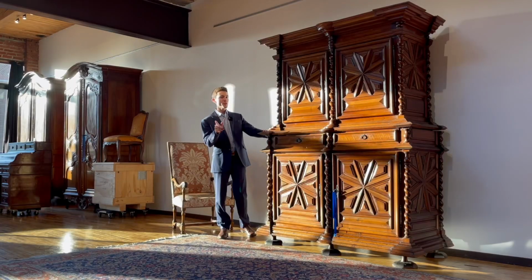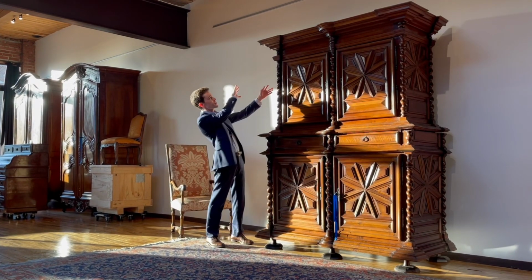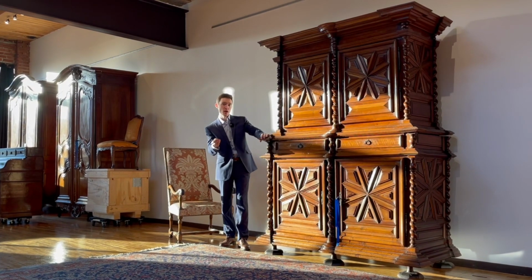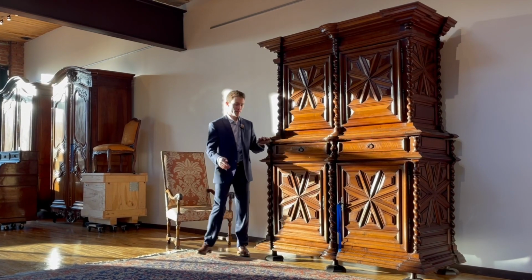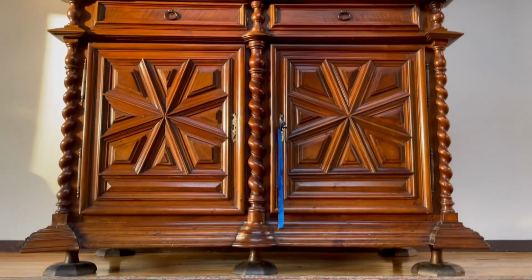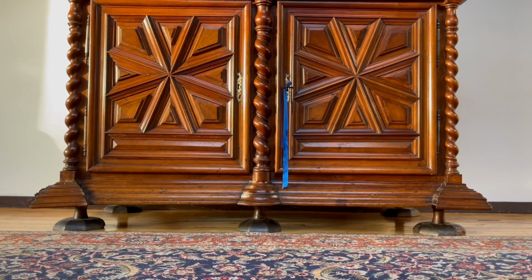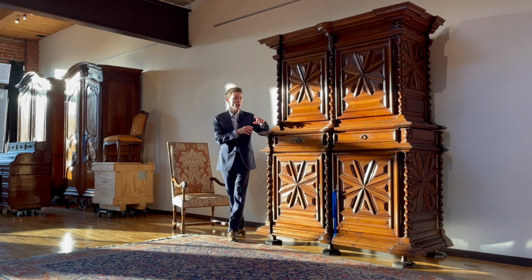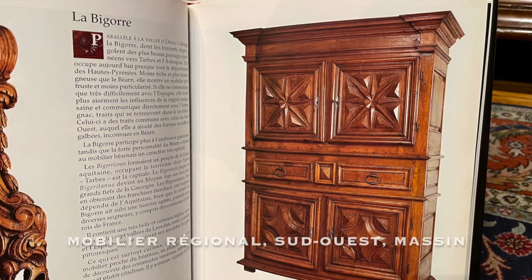Now, anyway, for the region of origin on a piece like this, the size of such an item, as well as this prominent architectural cornice, makes us think of the east of France, of Alsace, of Lorraine, of Franche-Comté, and we even see these faceted feet like this on pieces which come from the German Rhineland. And so we're going to move along to the east here, based on what we can see, even though we do see pieces of this nature coming out of the southwestern regions in France, even though they tend not to